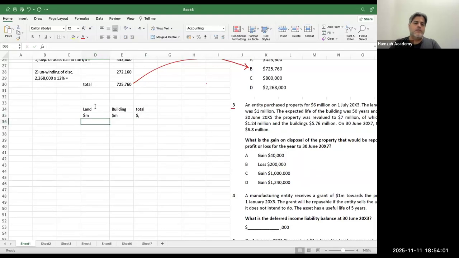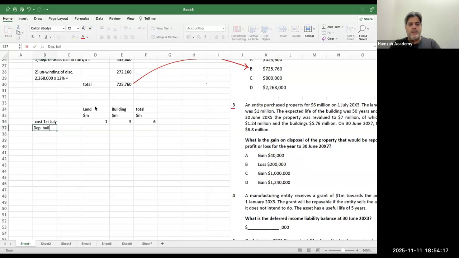Let's just go into the millions. Let me show you. Cost 1st July: land is 1 million, building is 5 million, total is 6 million, right? Now I am going to have the depreciation on the building for 2 years. That's going to be 5 million by 50 years into 2. So that's going to be 5 by 50 into 2, which is 0.20. So we will minus this